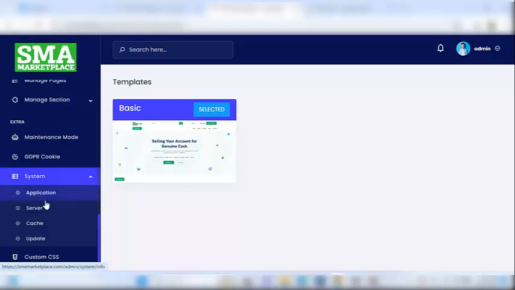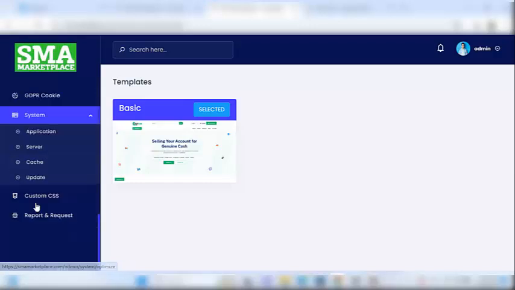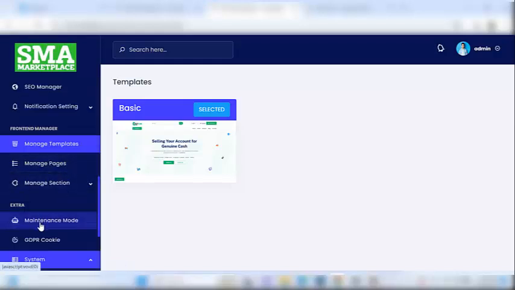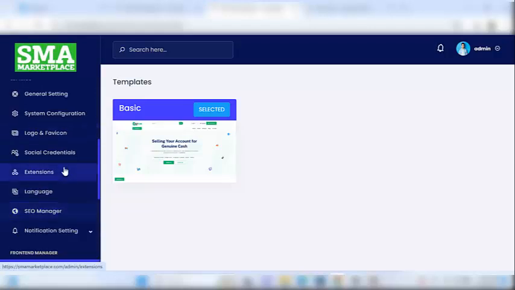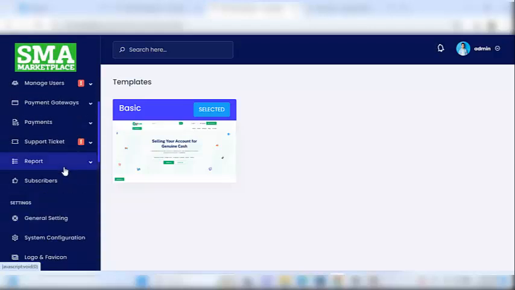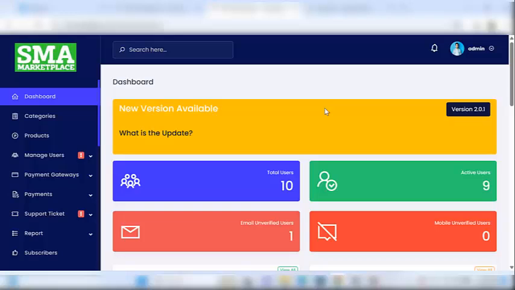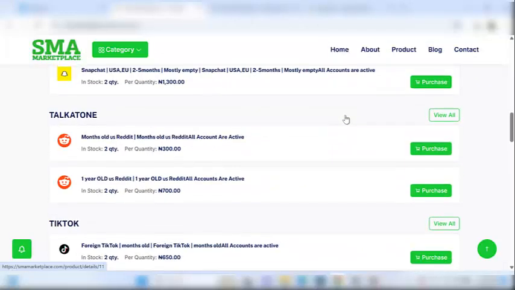Even the system too, the server, the application, the captcha, the cache, the updates, and the rest. But these are less important. The most important things, I've touched them, which is the email, where to add products, and the rest of it, right? So without wasting time, let me show you how to set up this kind of website within 10 minutes,